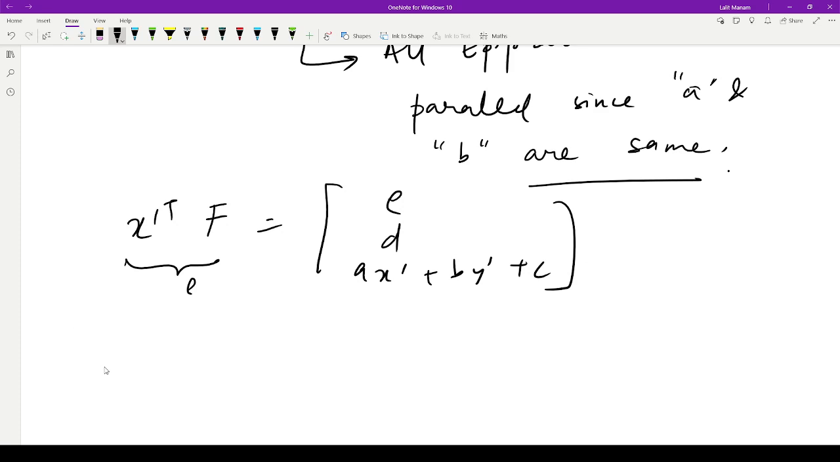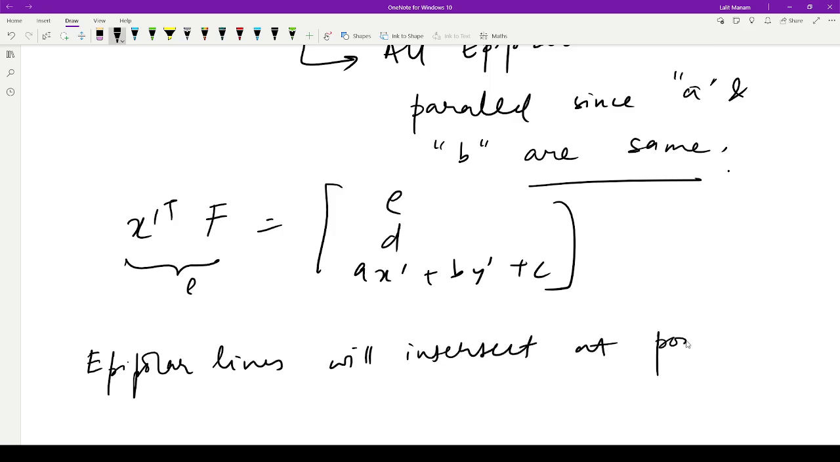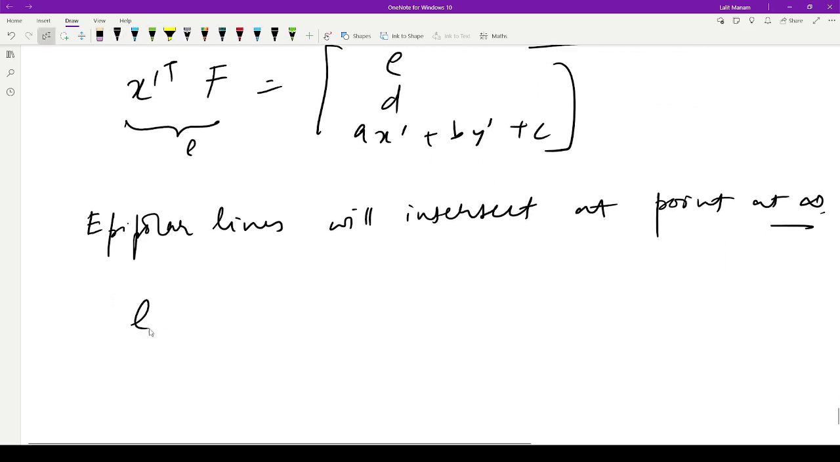They intersect at what? At some point at infinity, right? Yes, sir. Epipolar lines will intersect at a point at infinity. And what would be that case? So given that I have